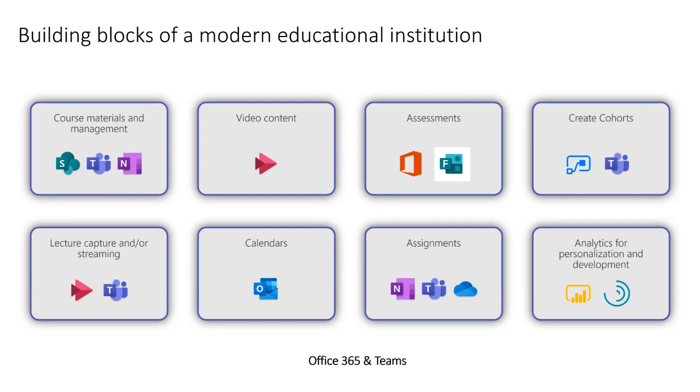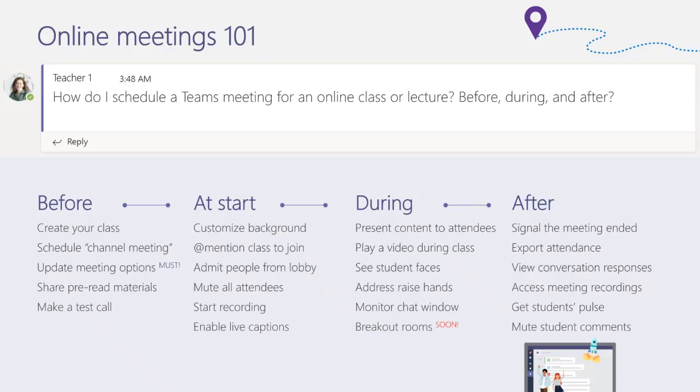And with all this information and all these thoughts around, where is it that we go, and what is it that we do when we're looking to hold, we call them online meetings, but actually they're classes now, aren't they, for many people? So what do you do before the class? What do you do at the start of the class, during and after? And we've written some of this stuff to make sure that people are able to follow it as a bit of a guide. So obviously you'd have to create your class, then you'd have to schedule your meeting.